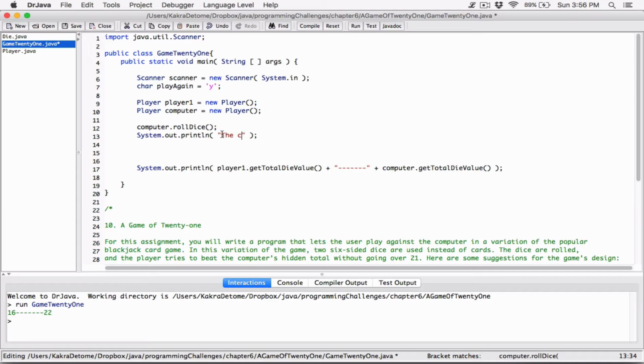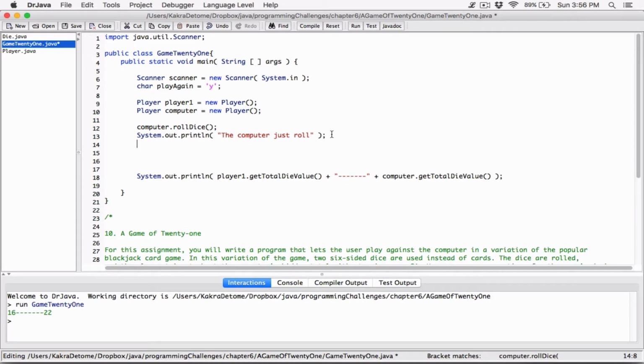the computer has rolled. Or roll, I don't know, rolled or roll. The computer is done. Right? Or the computer just rolled. And then now we can ask the user for,